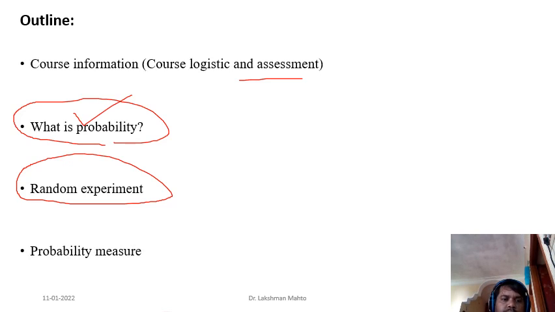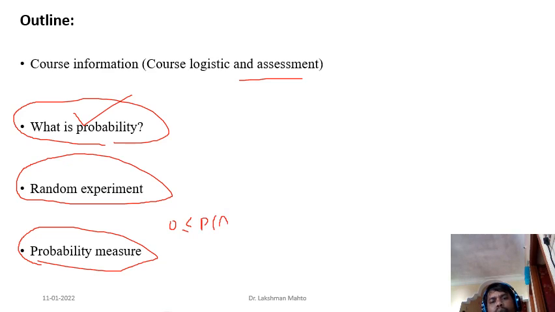Those things we'll discuss. And at last, in this lecture, when we try to quantify randomness in a random experiment, we need to introduce some kind of probability measure. It is just a probability, a number that lies between 0 and 1. We simply call it a measure. In short, you can also say that it is just the probability of an event. The probability of an event always lies between 0 and 1. This kind of thing we will introduce in this course.